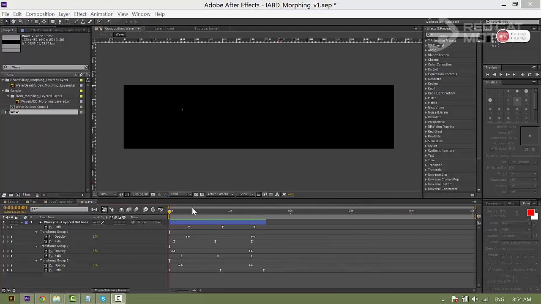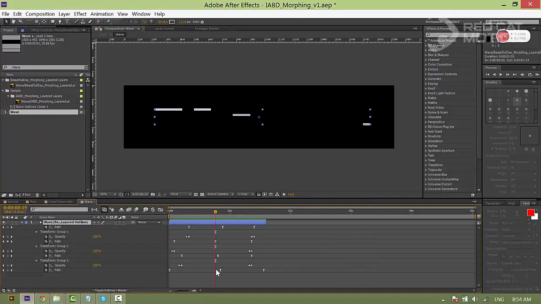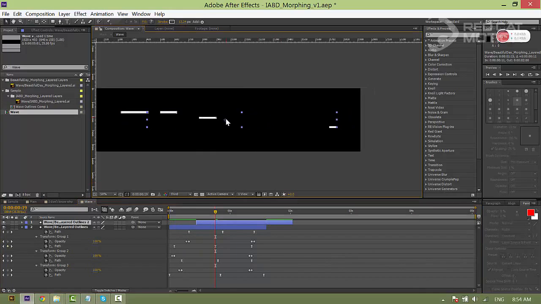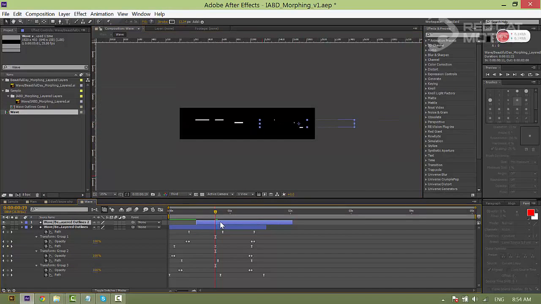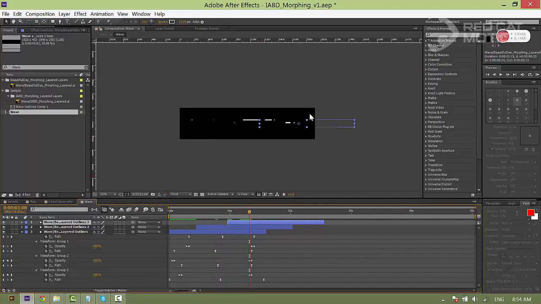We have just finished only a wave, so now we will duplicate it. Select the layer, press Ctrl D. This time we will copy them and move them around randomly like this, so that we can generate a sense of randomness for our waves. Randomness makes everything seem more natural. Like this.